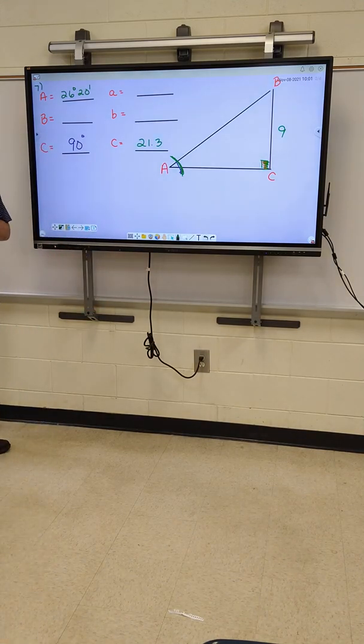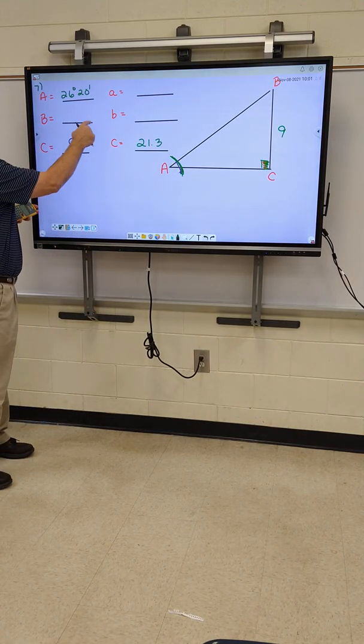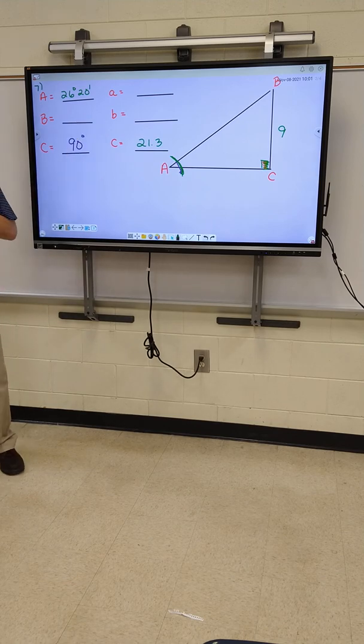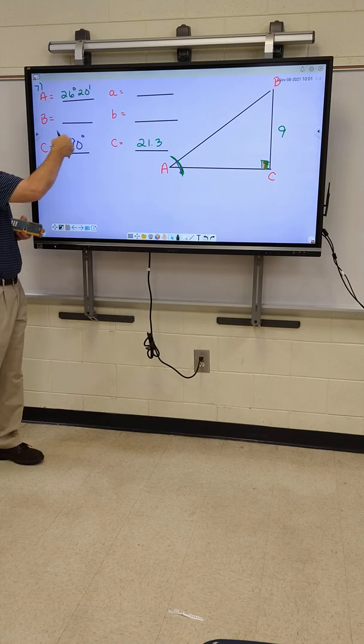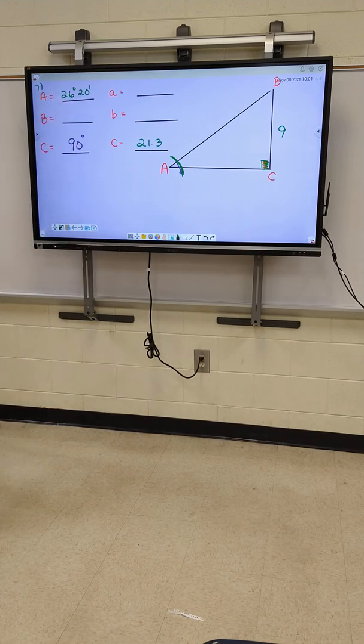All right, so Amelia, 63.7. How do we find our missing angle right here? What do we do? Subtract from 180. Very good. Everybody subtract these two from 180, and let's find that missing angle. All this is calculator work. I always do that first if I can. If I can find the angles, I find the angles. So do 180